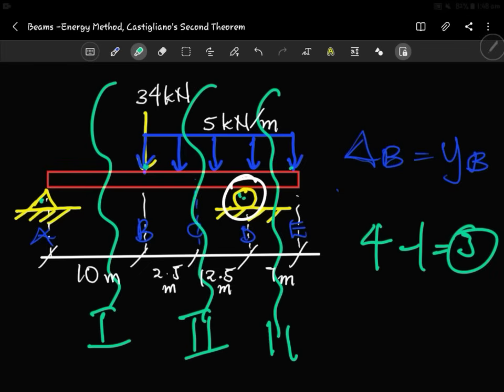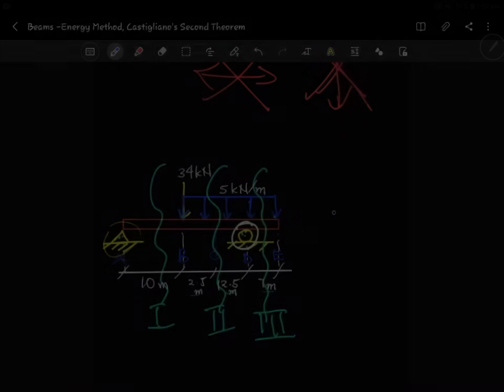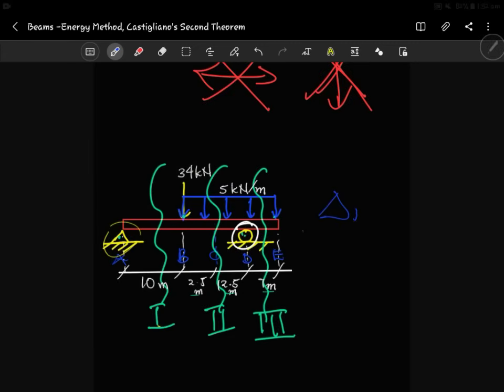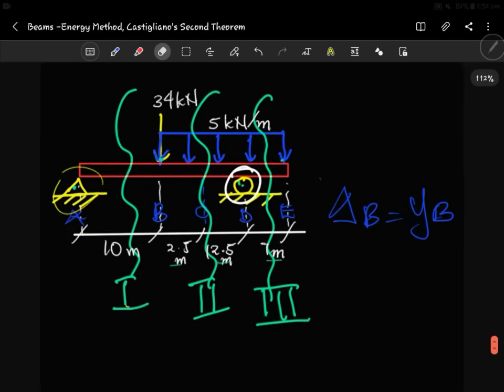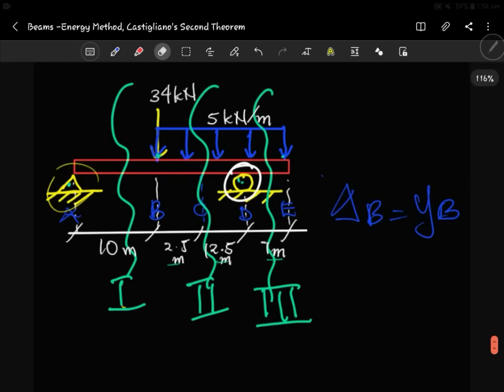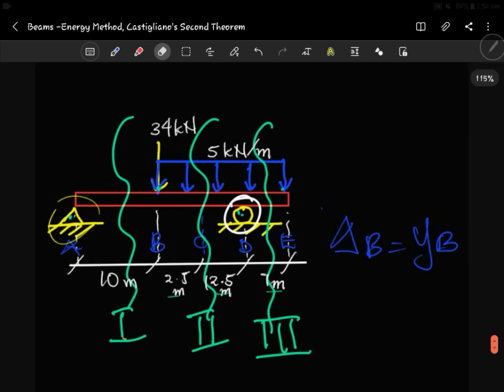So 3, right? Okay, so the question is asking us to find the deflection at B, which is written this way, different notation but meaning the same thing, right? At B same as Y at B, right? Okay, so that's what we are doing. And then for the energy method, the Castigliano's second theorem method, whenever it asks you to find